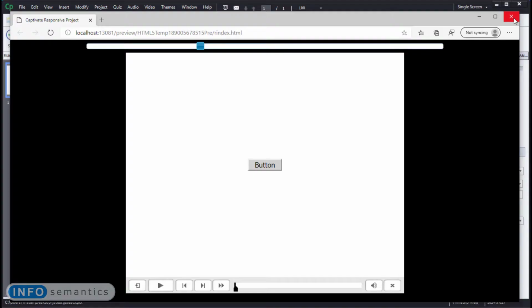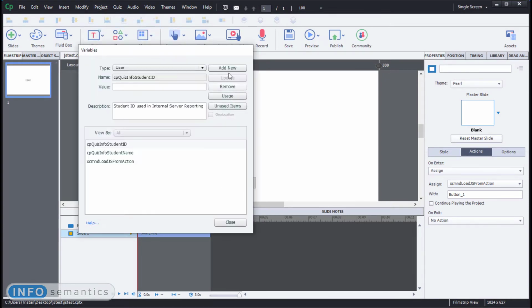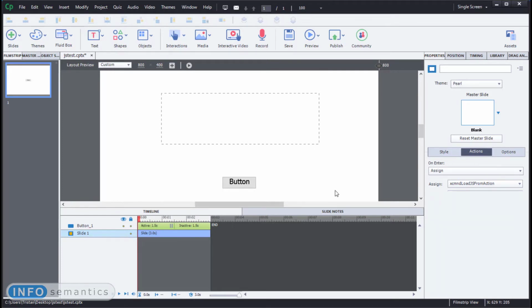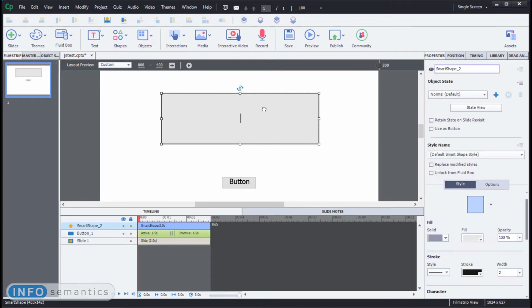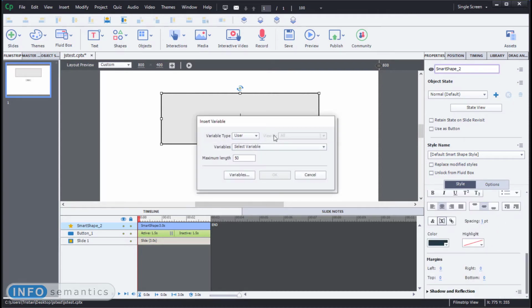And just like that, we have added a feature to Captivate that it should have had 5 years ago, which is a huge relief. A good thing about this method is that it is very easy to update our code. So for example, let's create a user variable. Call it my var, and we'll give it a default value. And let's display my var inside of a shape. Okay, so we'll select the shape, we'll go to the properties, we'll click the insert variable button, we will select